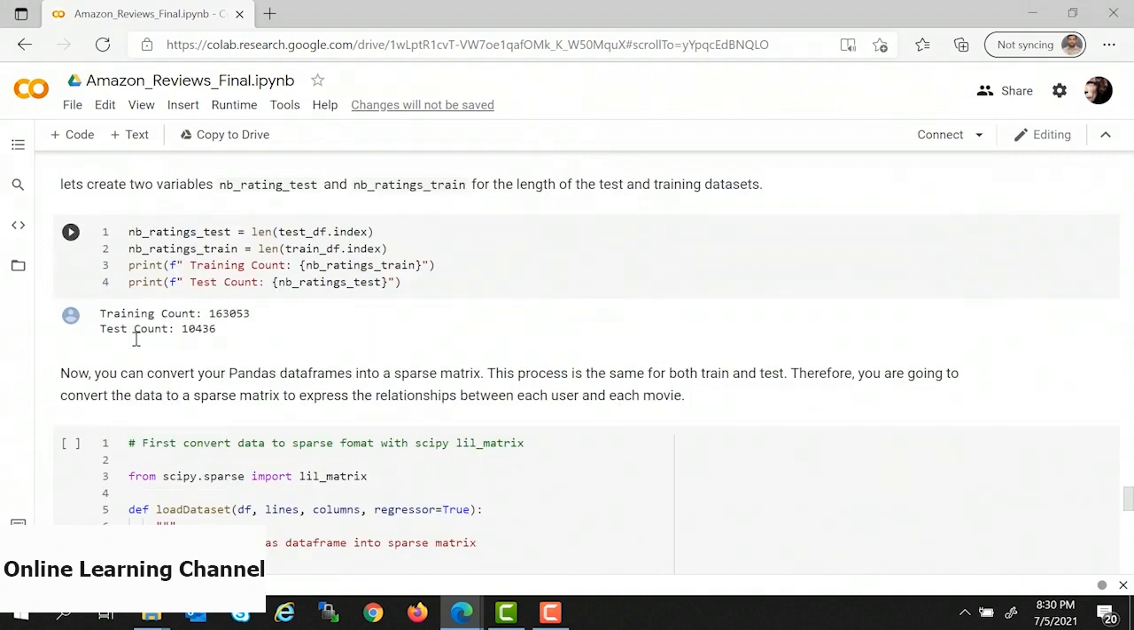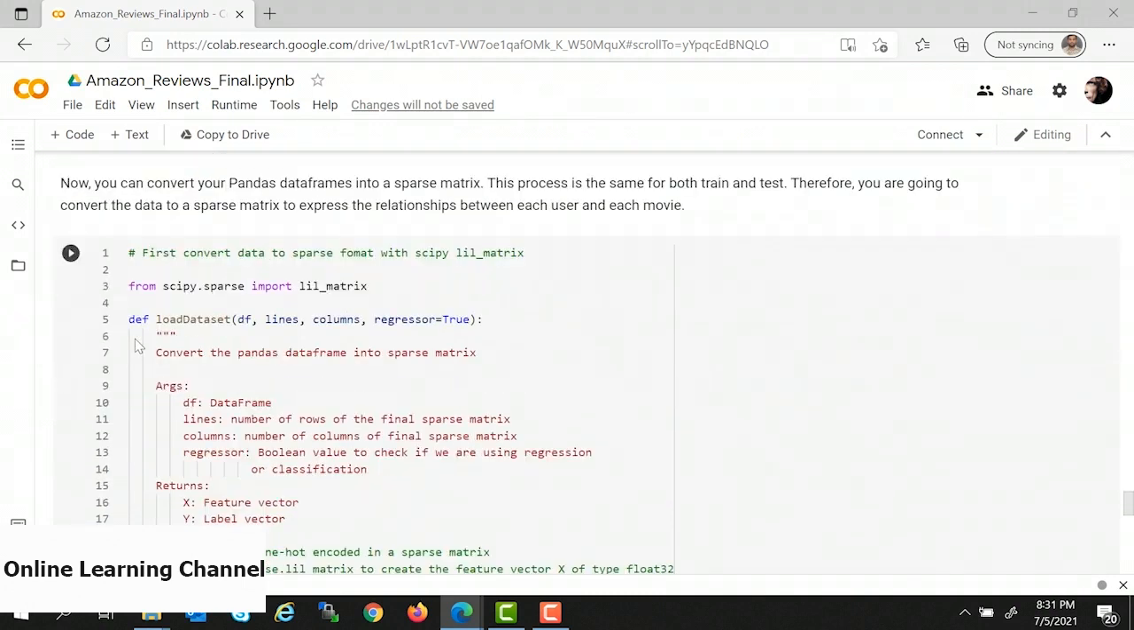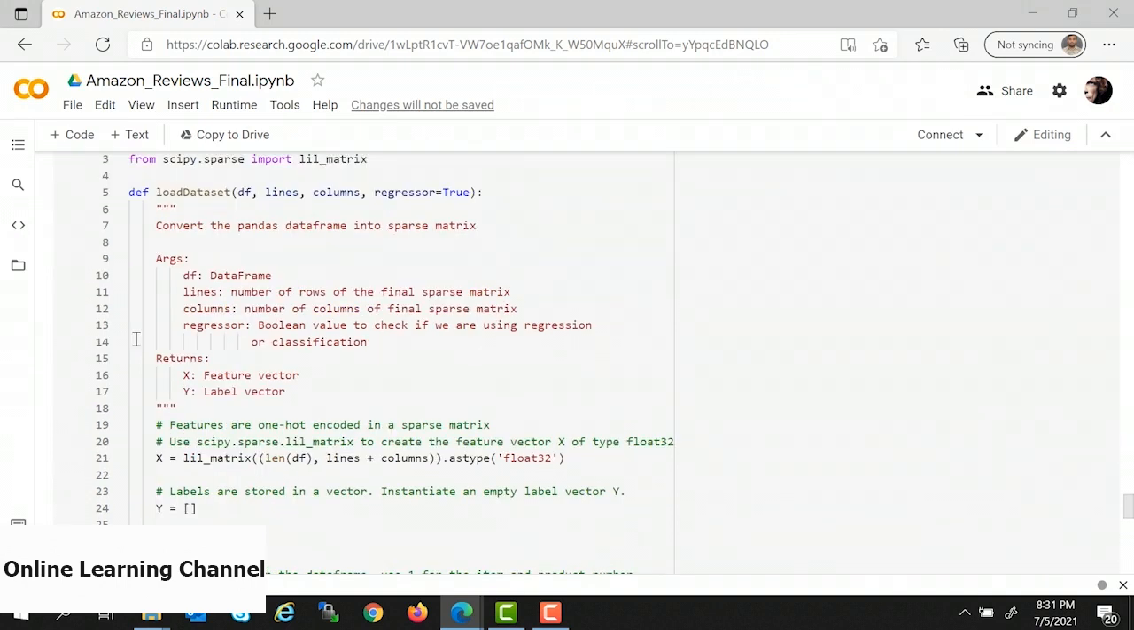Let's create two variables, nb_training_test and nb_training_train, for the length of the test and the training dataset. Now you can simply convert your pandas data frame into a sparse matrix. This process is the same for both train and test. Therefore, you're going to convert the data to a sparse matrix to express the relationship between each user and each movie. To do that, we'll start defining a function load_dataset, which takes data frame, lines, columns, and regressor as